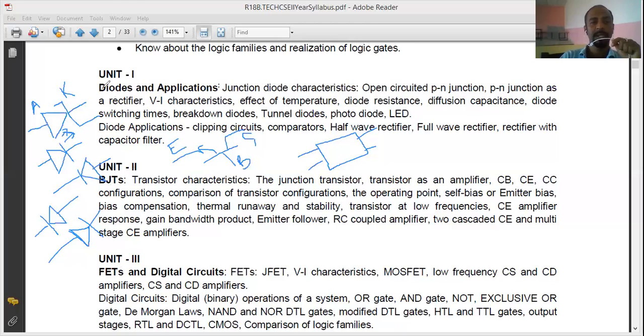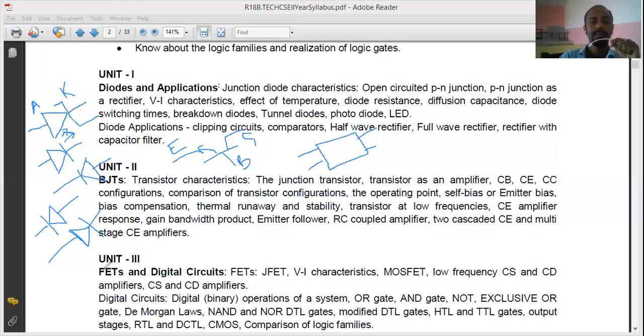So first we study diodes, then we extend our understanding to BJT, which is two diodes connected back to back. Now BJT is a bipolar device, and it has some drawbacks. So therefore we extend our understanding to FET, which is the field effect transistor. Okay, now why is it called field effect? Once we go to the topic, we will be able to discuss that.